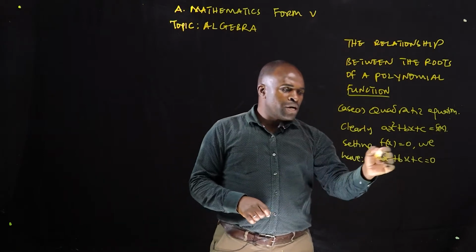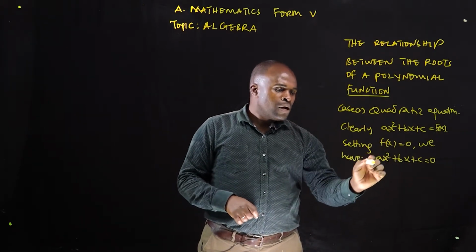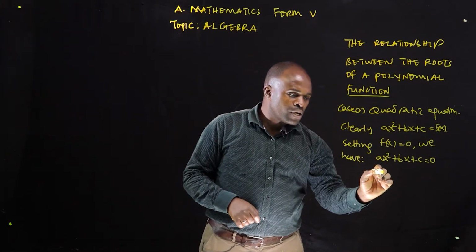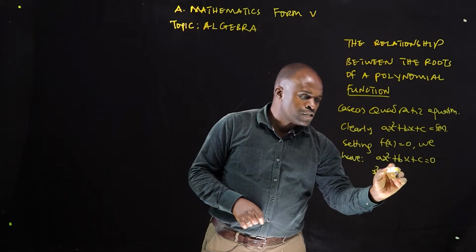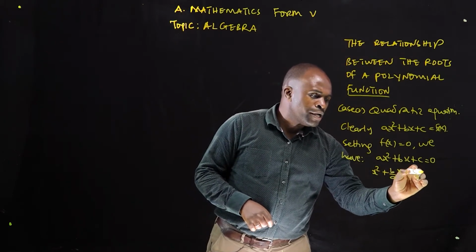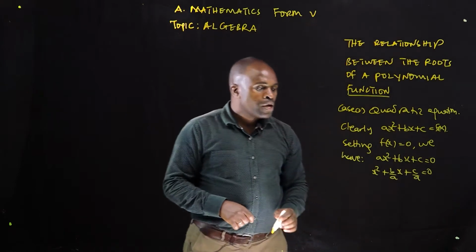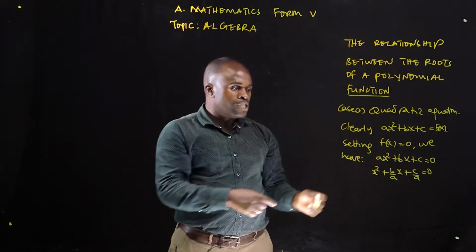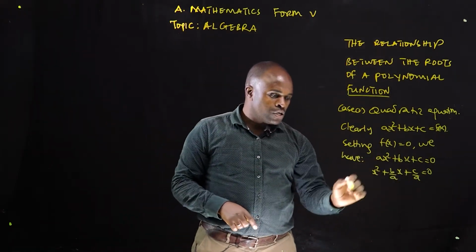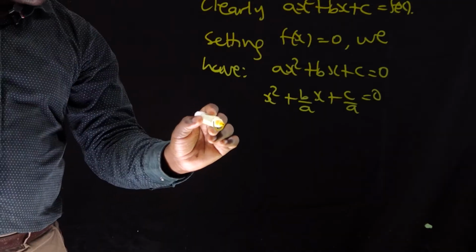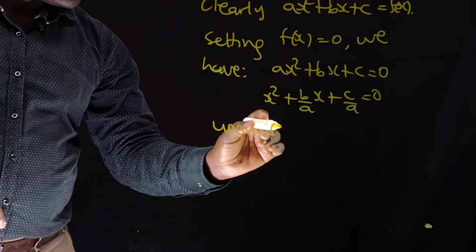And then dividing by a throughout, it gives x squared plus b over a x plus c over a equals 0. Upon solving these quadratic equations,